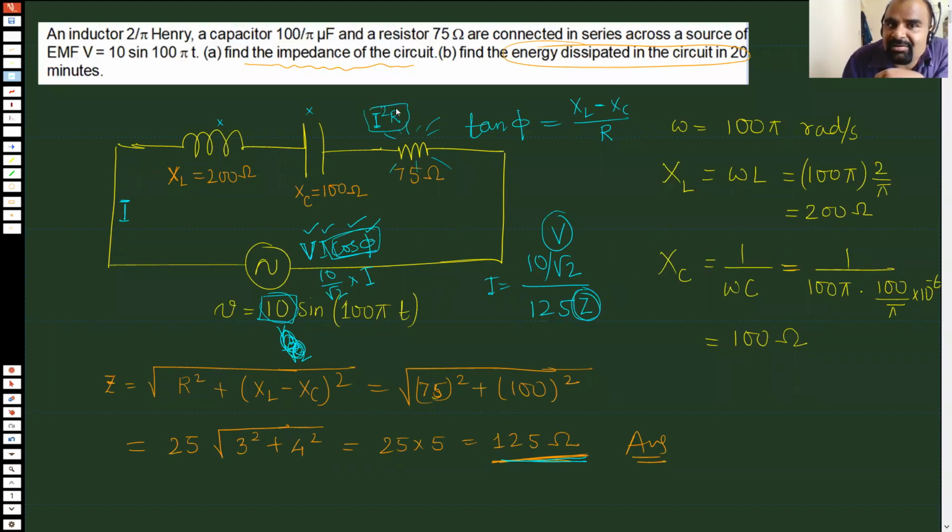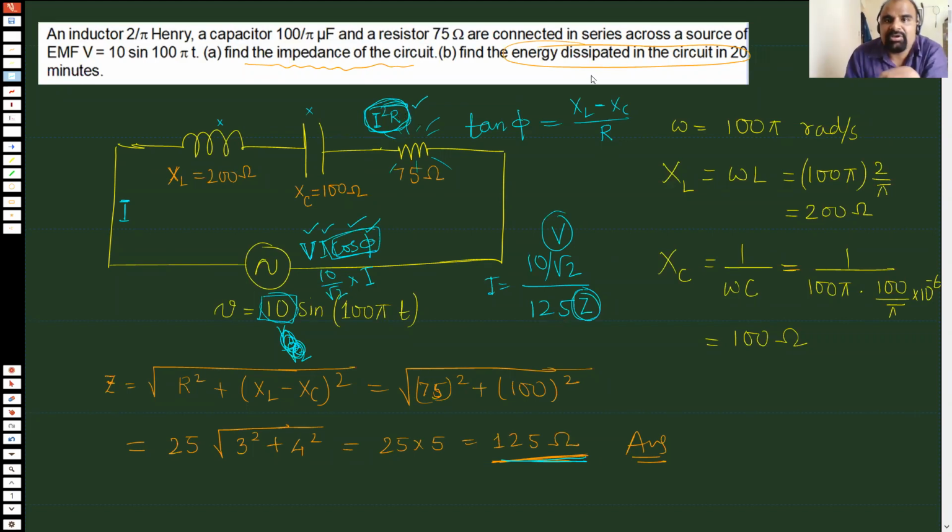And when you do this calculation, you will find that the power consumed in the resistor is the same as the power delivered by the AC source. So you can find power in the circuit in two ways. Obviously, everybody finds this way easier because first of all, this formula we are very familiar with. Even in DC circuits, we used to use this formula, I square into R.